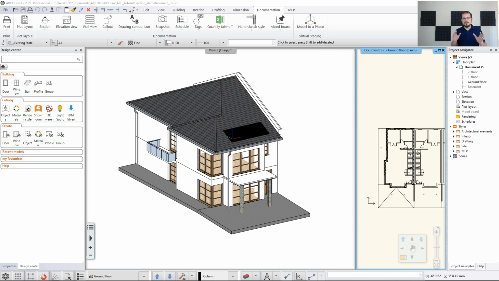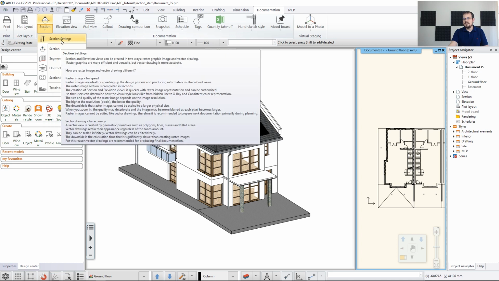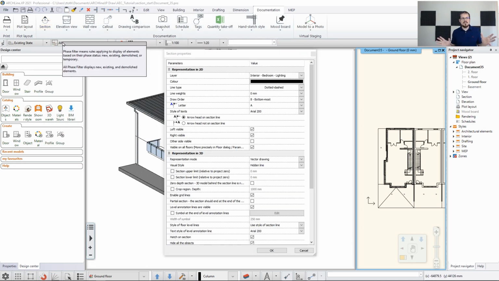Now, before we actually do that, just with everything else, we are going to predefine the settings for the section tool as well. We already know how to do that. If you go to the documentation tab, you click on this drop-down menu, you have the ability to predefine the sections. Now, there's a bunch of settings here, so let's make sense of that. First of all, you can decide onto which layer the section line is going to be put, because the section is actually made up of two things. One is going to be a two-dimensional symbol, which is going to be a line, and the other entity for the section is actually the section. So the two things go hand in hand,